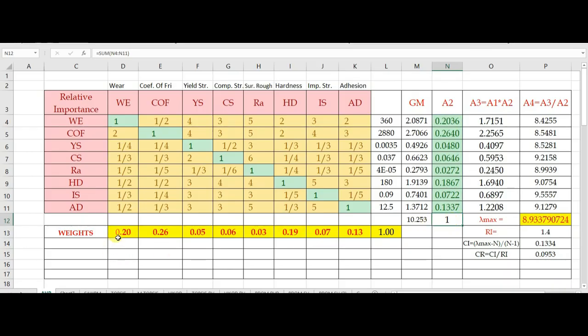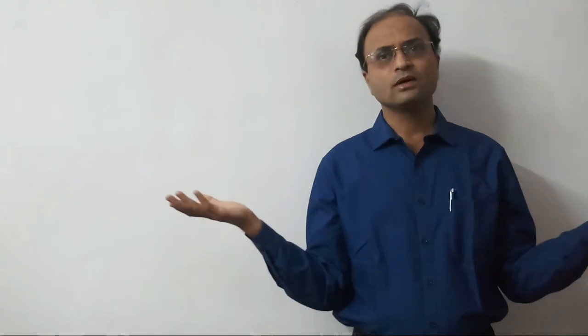All these weights can be applied later on to find the best suitable alternative. These are only attributes, but based on these attributes we have to decide the best suitable available alternative. In that case we have to use these weights. In the next session I will explain you how to make use of all these weights to decide the best suitable alternative. That's it.